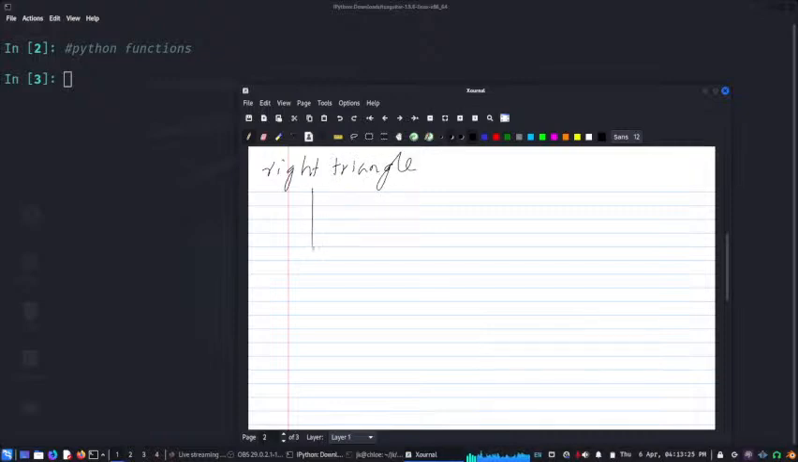So we have, say, this is B, and say this is A. This is the right angle, 90 degrees, and this is our hypotenuse. Say maybe C is the hypotenuse. So now suppose we are only given A and B, we need to find C. So we know that we can do it simply